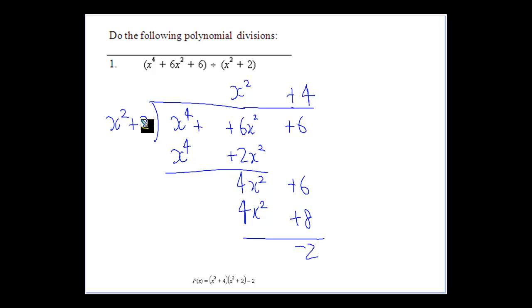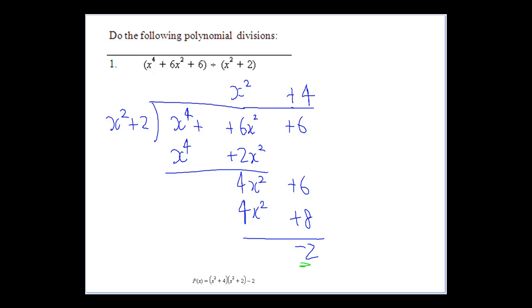But noticing that x squared goes into x to the power of 4 x squared times, so the x squared times x squared gives us x to the power of 4, x squared times 2 gives us the 2x squared. Do the subtraction, 6 minus 2 gives us 4. Bring our 6 down there because x squared goes into the 4x squared 4 times. So we get 2 times 4 is the 8. So we're able to do our subtraction of the 4x squared and then do our subtraction and get our remainder